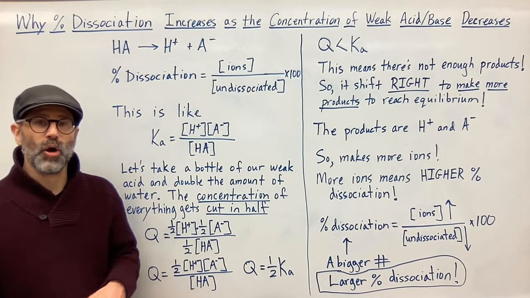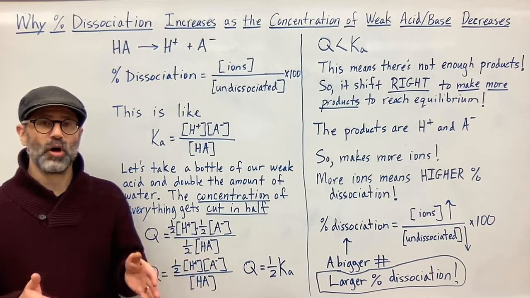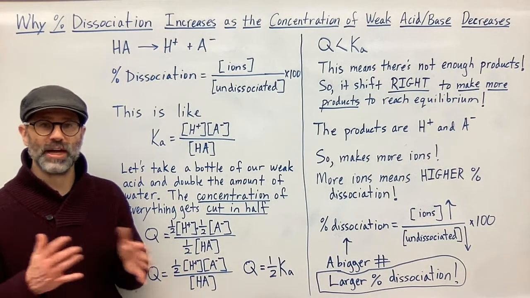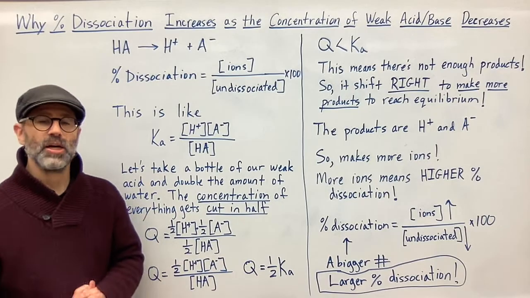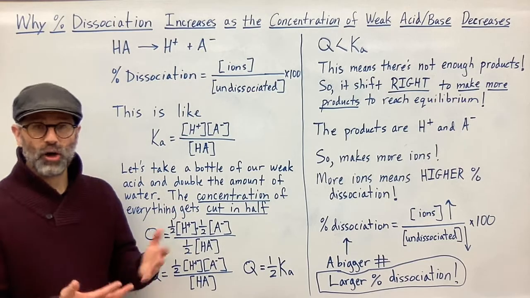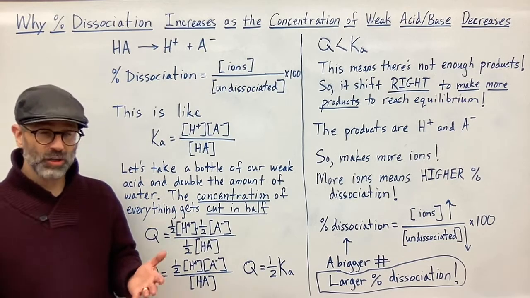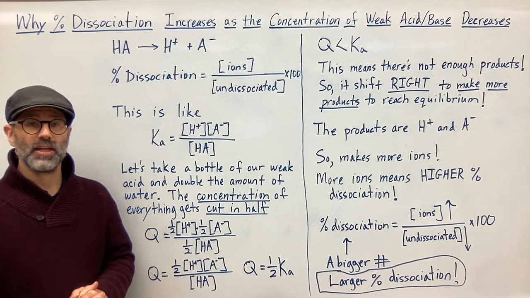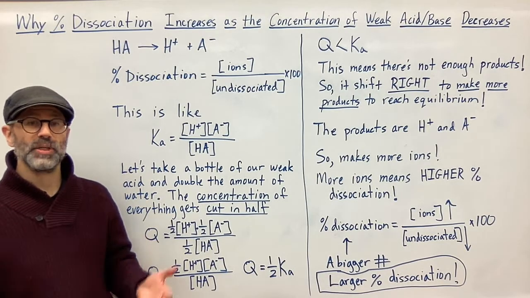That's your molarity times volume gives you the number of moles. M1V1 equals M2V2, that dilution equation. So if you double the volume by just adding water to your acid, you're going to cause the concentrations to be cut in